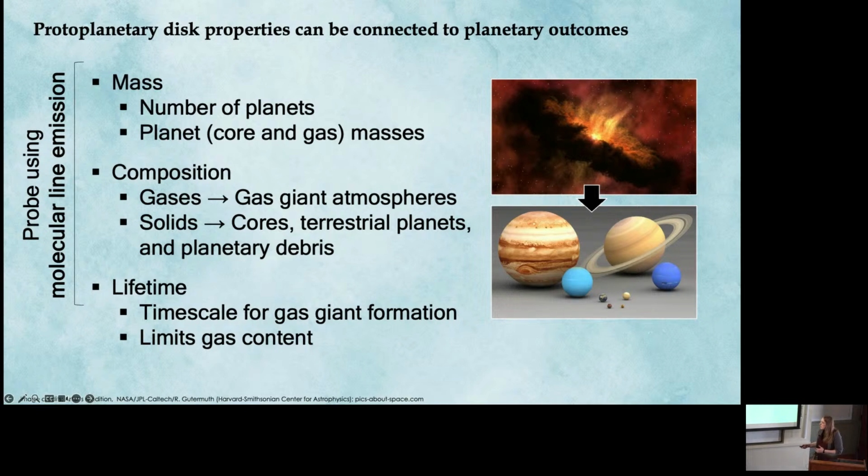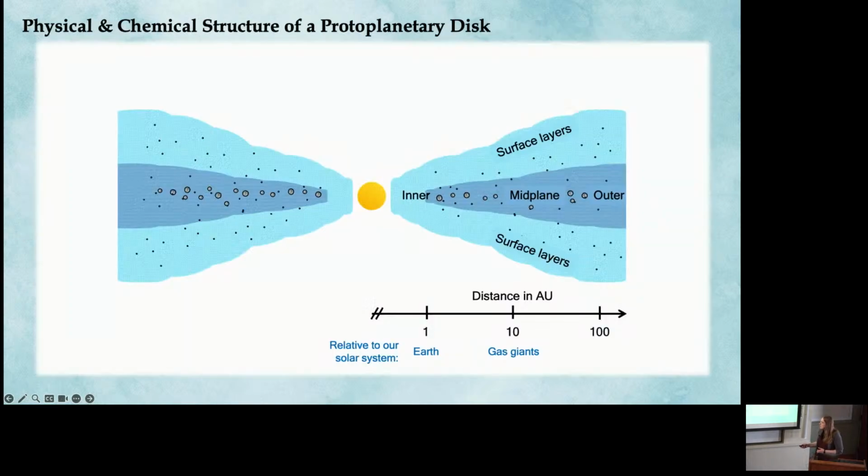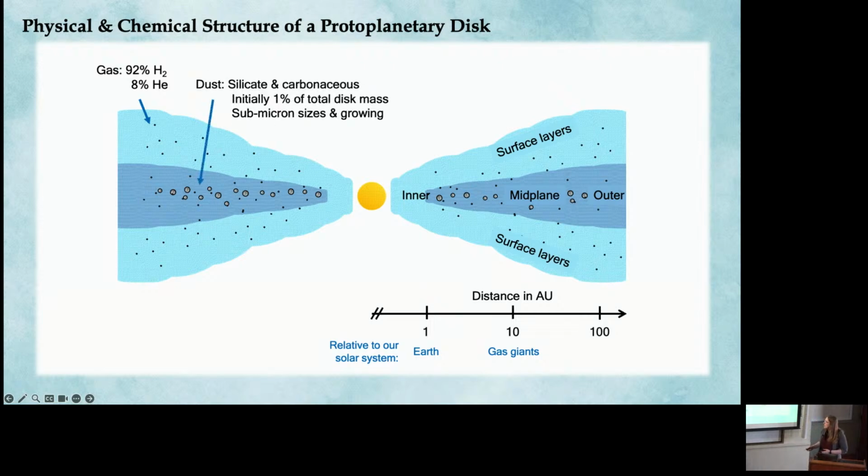So in order to understand how we study this line emission, it's helpful to think about the basic physical and chemical structure of a protoplanetary disk. Here I have a vertical cross-section through the disk around its central star. The basic components of the disk are that it's mostly made of gas, mostly hydrogen with a small amount of helium, with a small component, about 1% of the total gas mass at the start, of silicate and carbonaceous